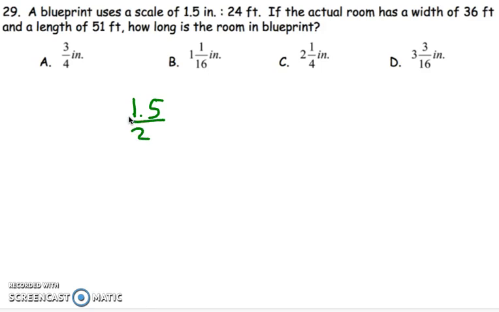over 24 feet. We're going to make a proportion where we're trying to find how long the room is in the blueprint. So we know the x is going to be on top of this ratio, and on the bottom is going to be 51. Now we're going to cross multiply. So the 1.5 times 51 is going to give us 76.5